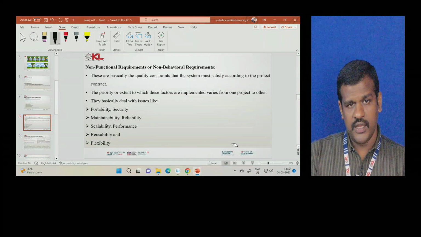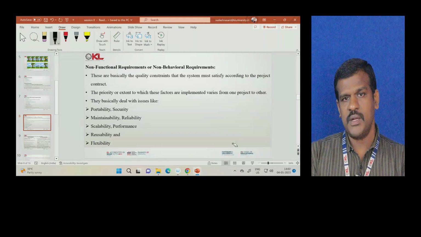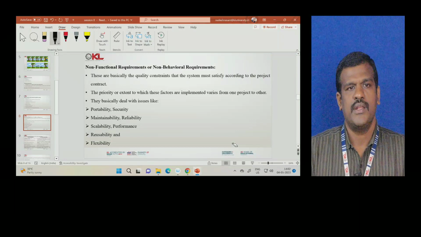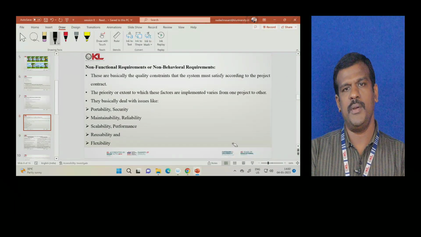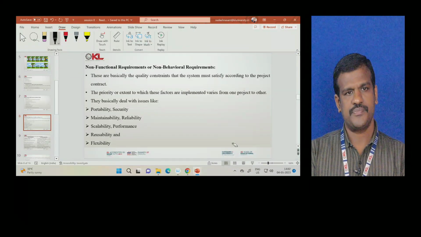Non-functional requirements are basically the quality constraints that the system must satisfy according to the project contract. The priority or extent to which these factors are implemented varies from one project to another. They basically deal with